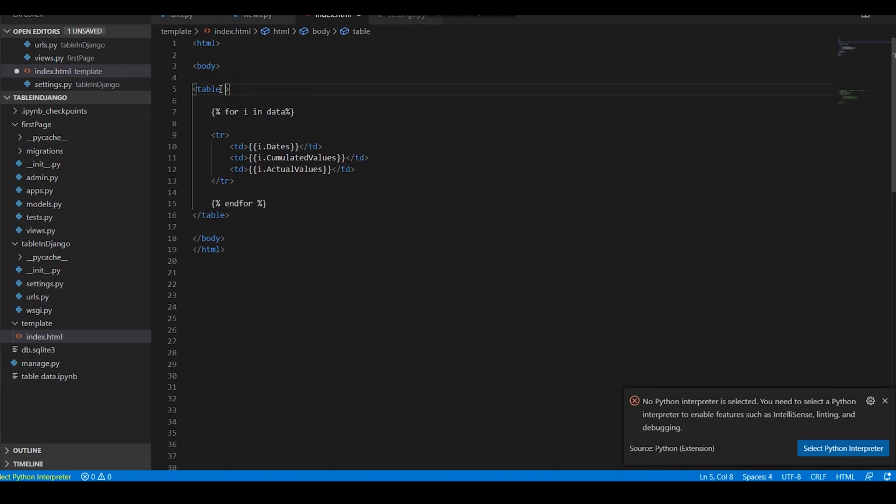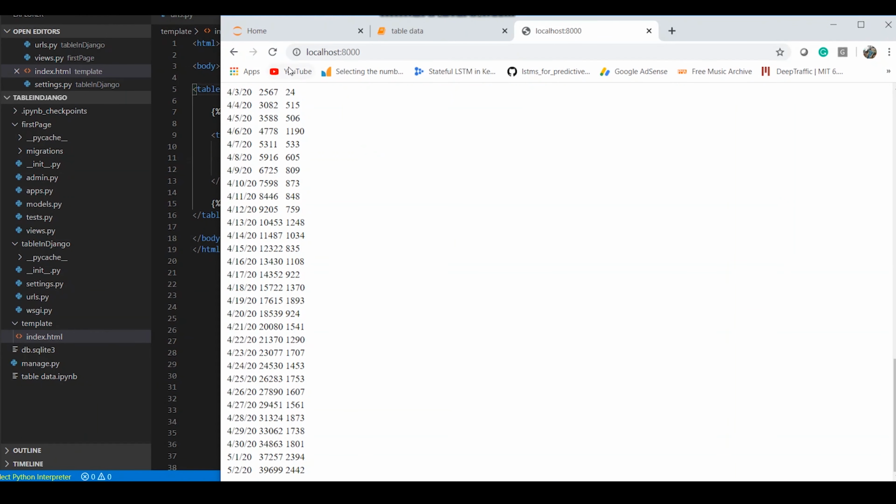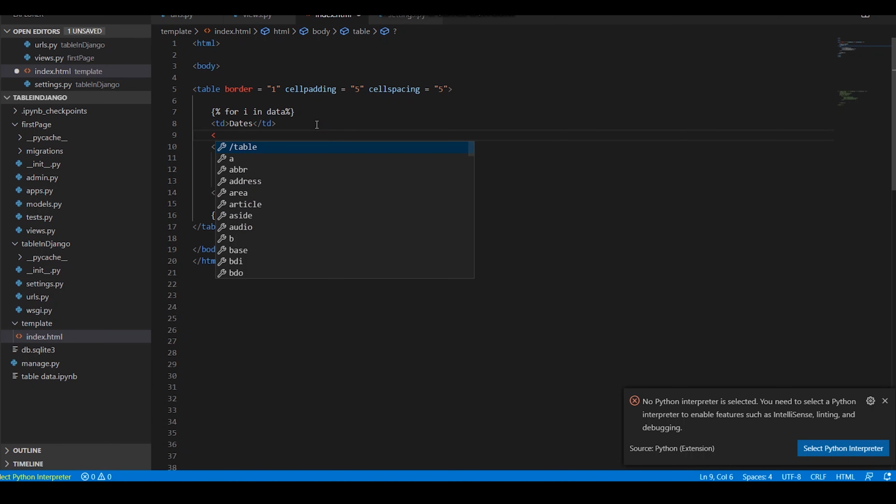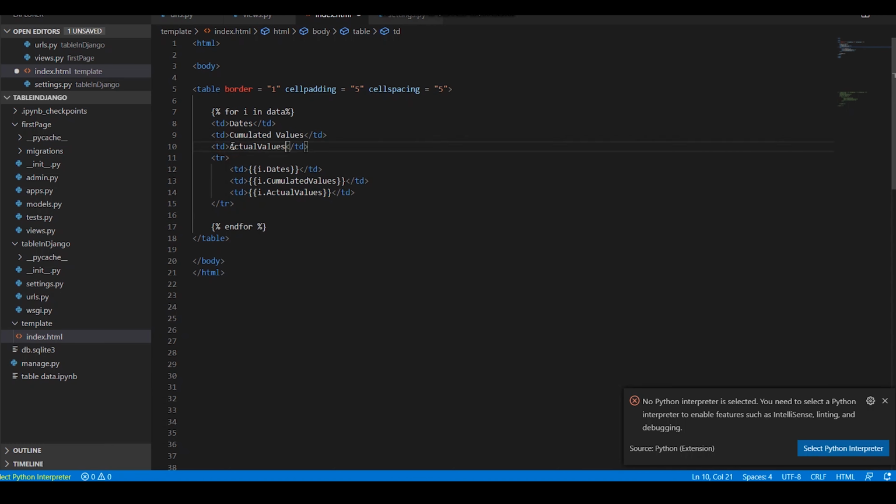Let's just style it a little bit, and I just simply give the style formatting, and now our style is here. So the last part is to give the heading. It's very simple, I'm doing it manually, but you can pass another dictionary or JSON or have that value in your first cell, and that would become your headings. So I have to simply say td, then just one more element. I have cumulative values, and then I have actual values. Yes, I have to bring it outside of my for loop, and we are done.